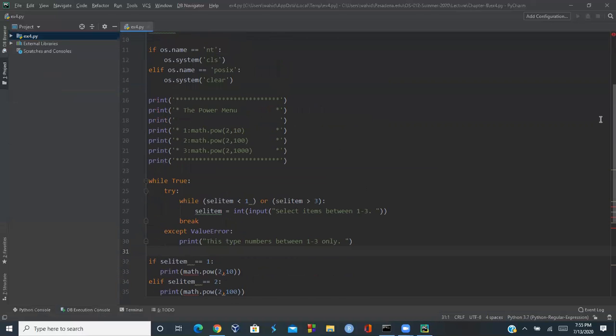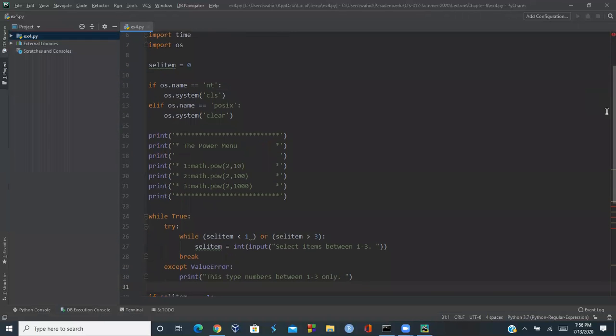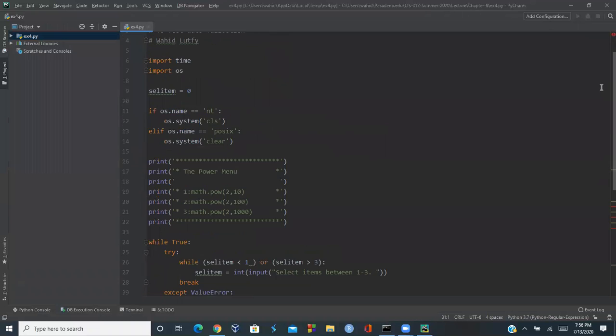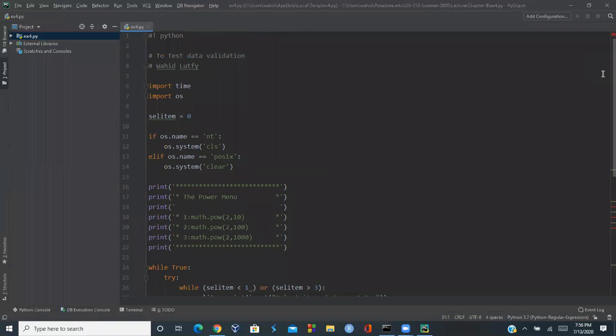If I just wait for hours, obviously I should tell the user that this is downloading something, that your network is slow. So the communication with your end user is a part of the data validation and error handling as well. Here on this one, I'm importing time in order to do that statement,